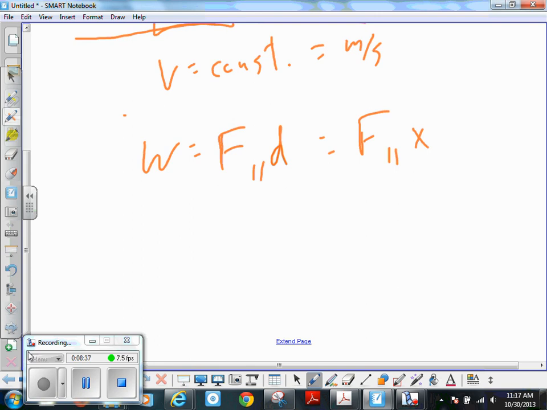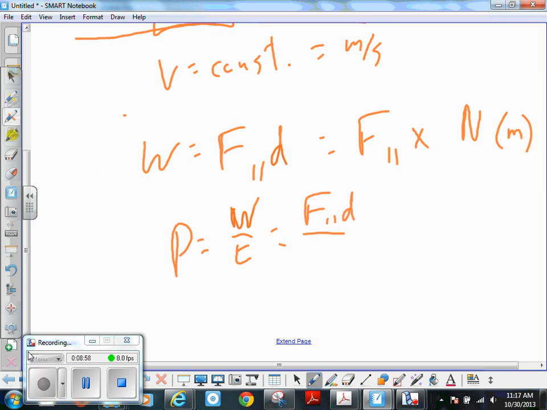And the label for x usually is newtons times, what's the label for x? Meters, right? Okay. So if power then is work per time, and work is force times displacement per time,